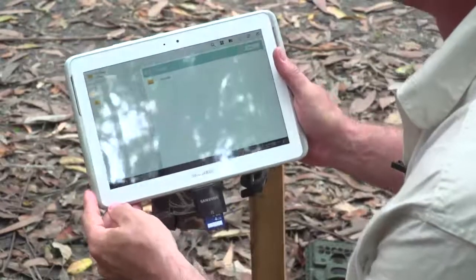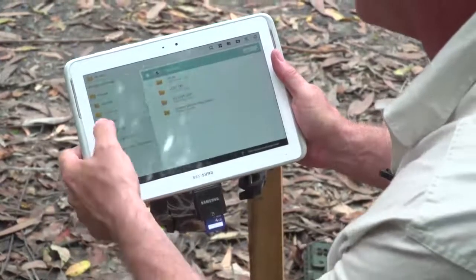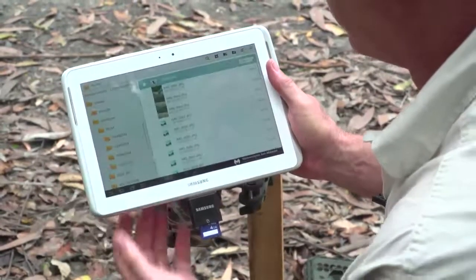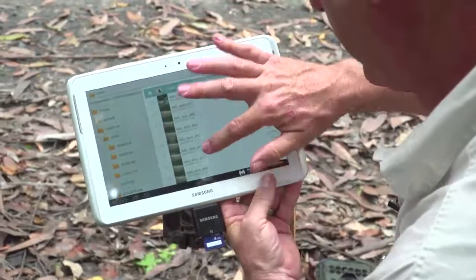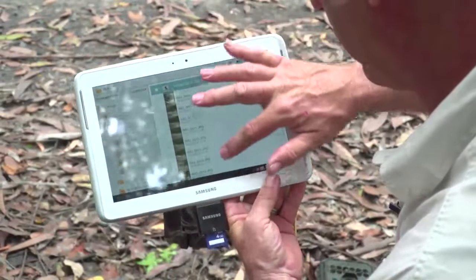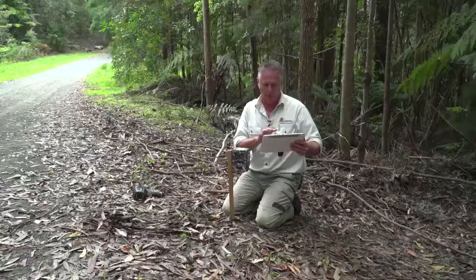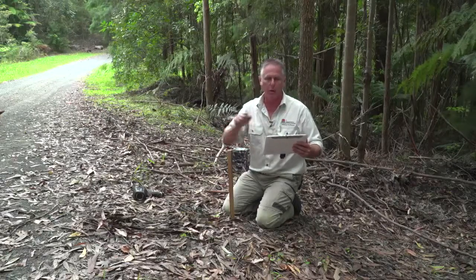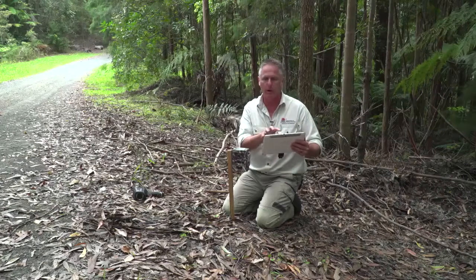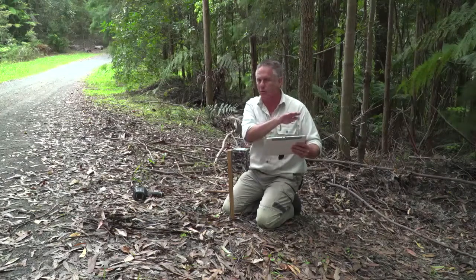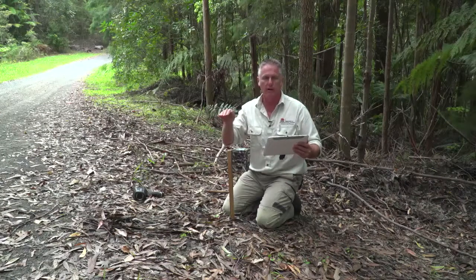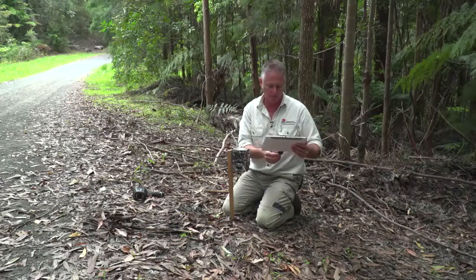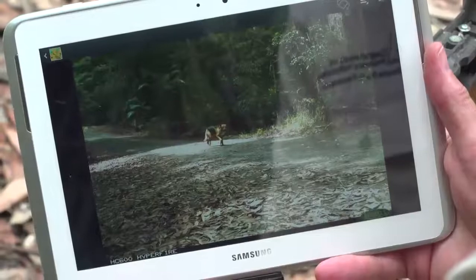And I'm just going to check that that photo has worked well and make sure that my alignment in relation to the field of view and the backdrop is pretty good, because I can imagine, because I know how the zones work on the camera, I can superimpose that onto the image here and make sure that the animal's going right through the area that is looking for the differential between the background temperature and the animal temperature. And that looks really good to me, so I'm going to now